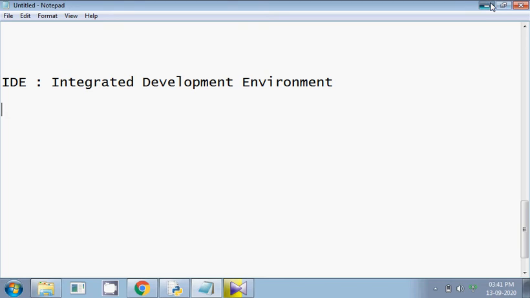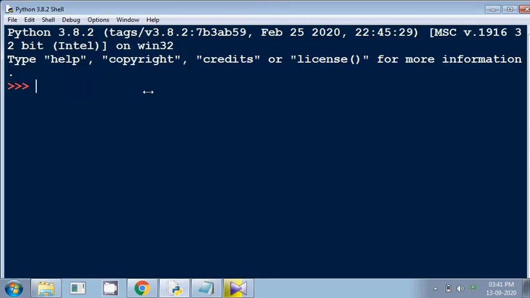In our case, I'm using Python's IDLE. It is IDLE or idle, whatever you can say. The first time, you will be seeing a white colored screen instead of this blue screen.